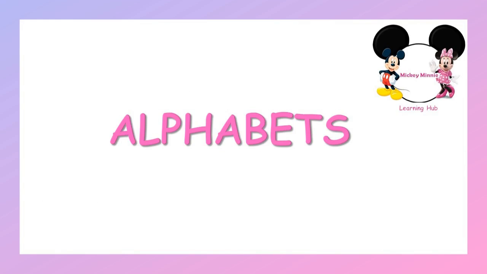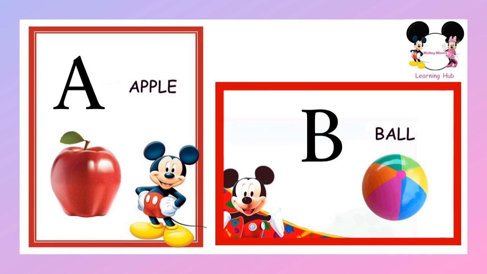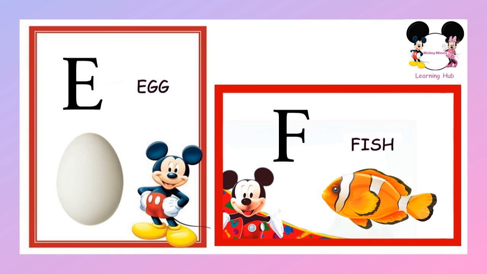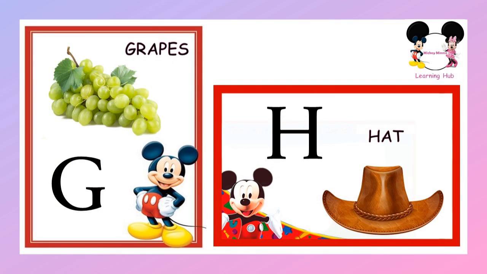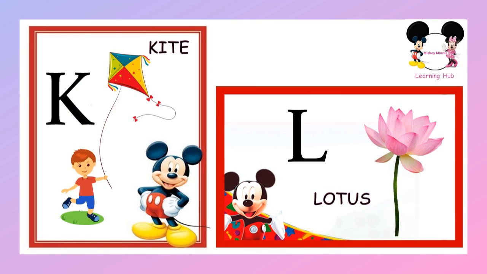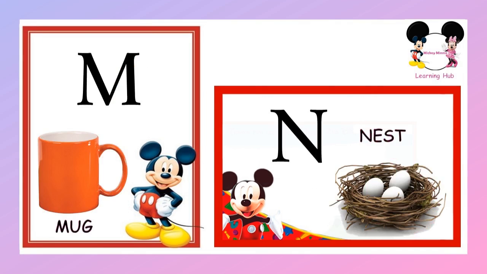Let's learn alphabets today. A for apple, B for ball, C for coat, D for dog, E for egg, F for fish, G for grapes, H for hat, I for igloo, J for juice, K for kite, L for lotus,